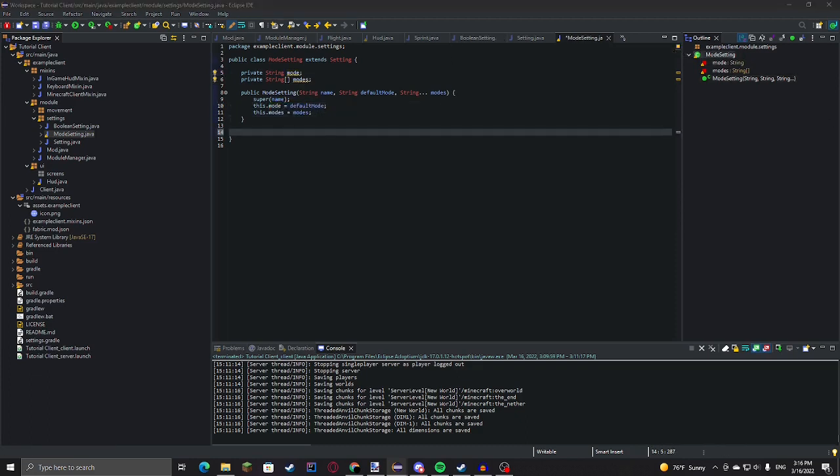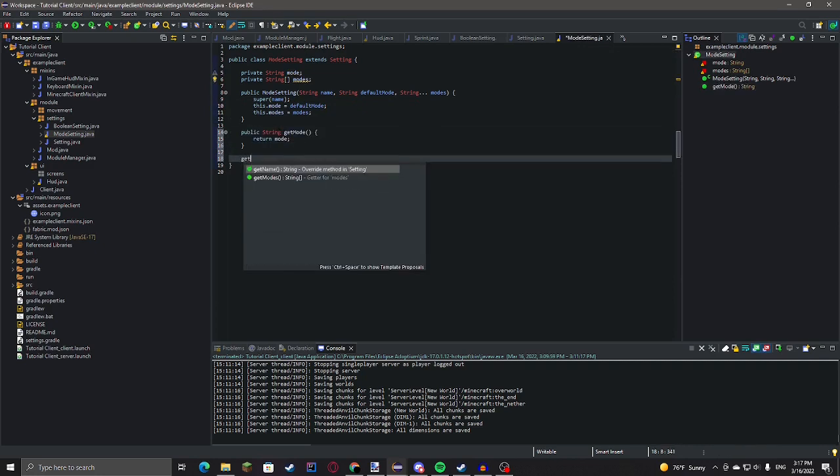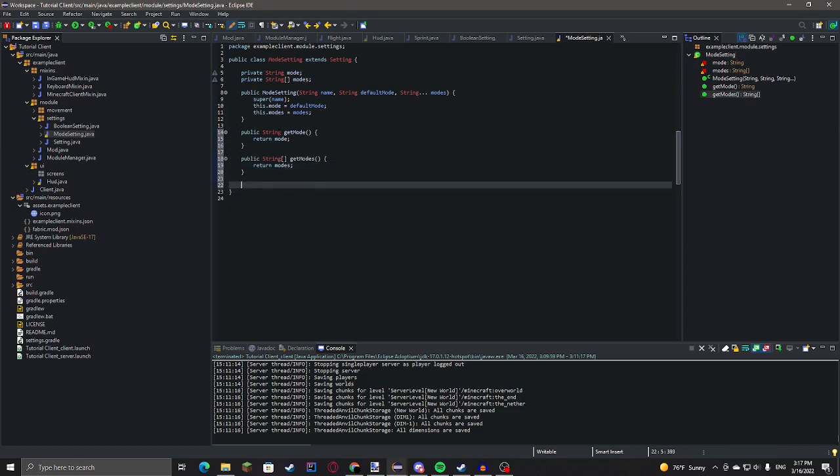So this one's going to be a little more complicated. We'll just do get mode real quick, and get modes, and then public void set mode, string mode. This dot mode equals mode.